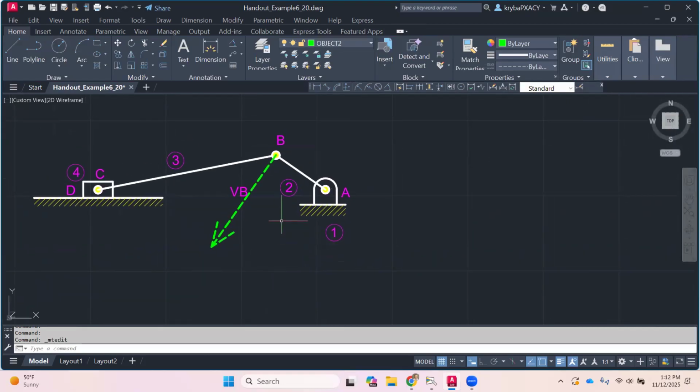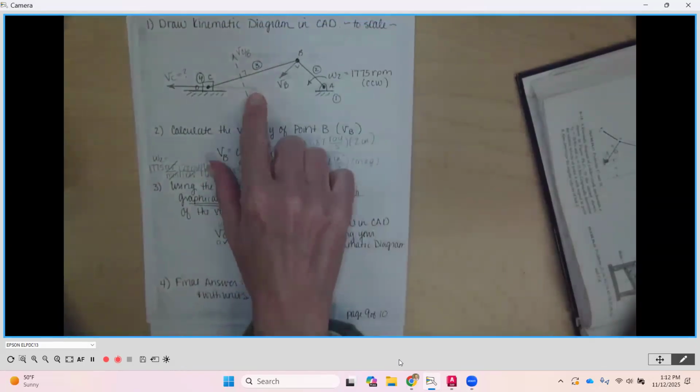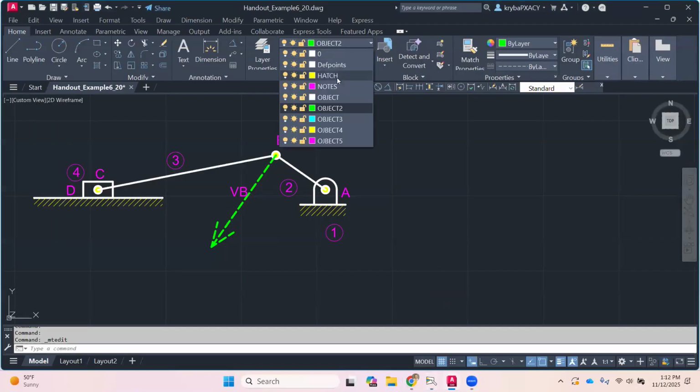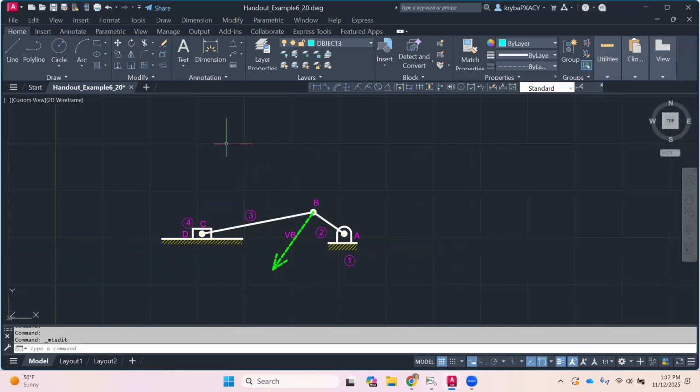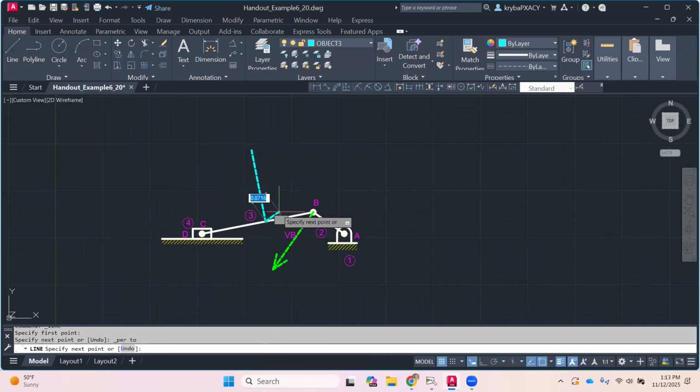Now, having these here is going to be part of what you're going to hand in. You're going to be showing your diagram with the vectors in place, okay? Now, the next vector I'm going to draw here is going to be vector C relative to B. As we sketched it up here, it was perpendicular to link number 3, but we didn't know how long it was going to be, and that's okay. So we're just going to go back to AutoCAD. I'm going to change my layer to object 3. I'm going to draw a line,